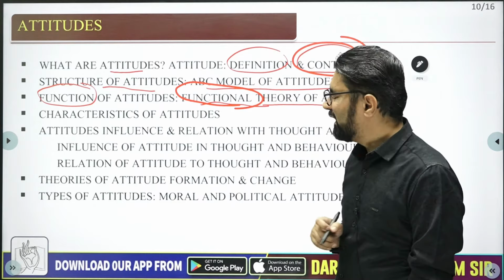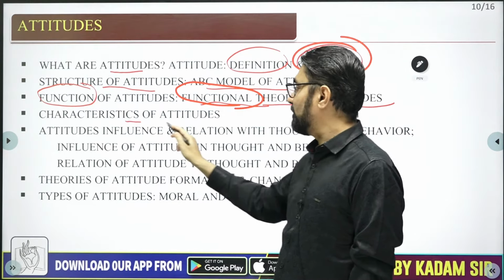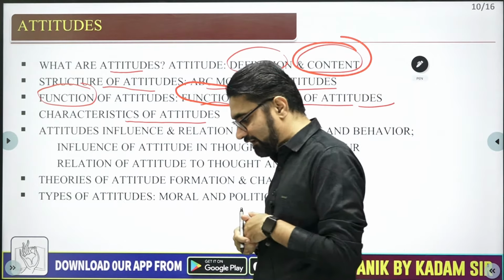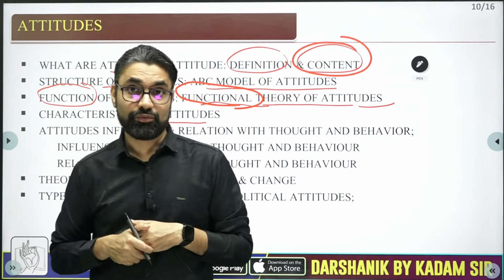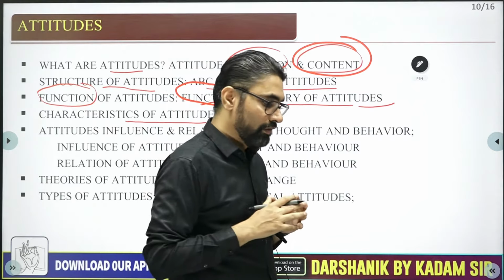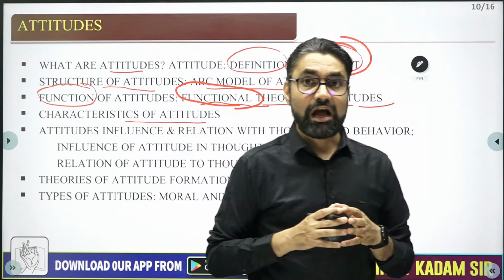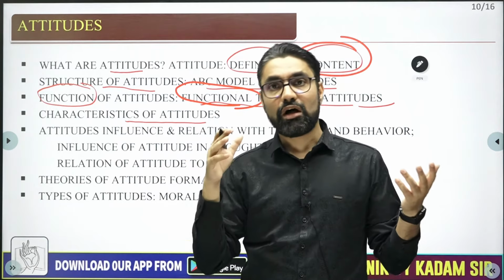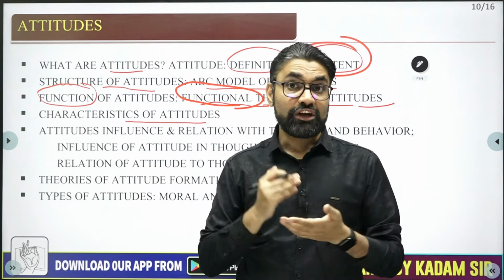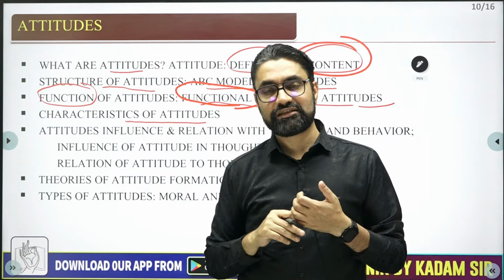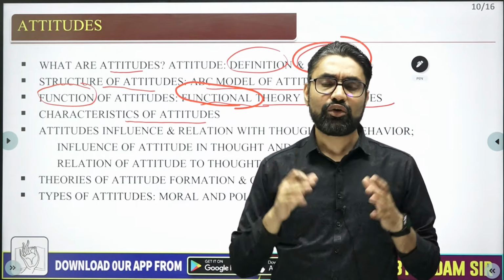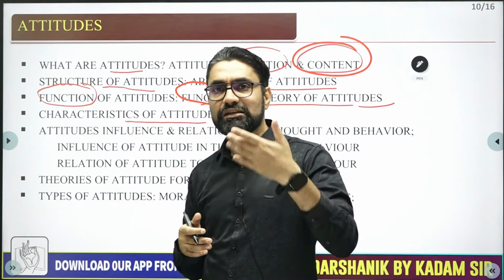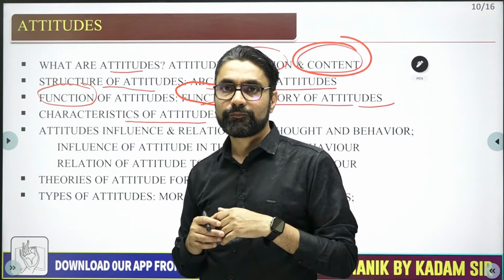Okay, then the next part is characteristics of attitudes. Now, characteristics of attitude means: are attitudes simple or complex? Are they positive or negative? The valency. What is the intensity with which the attitude exists, etc. So these are all called components or characteristics of attitude. So we'll discuss some characteristics and features of attitudes.